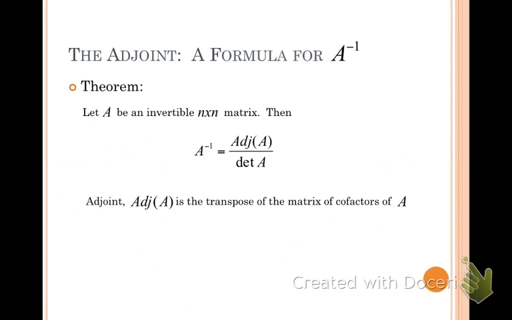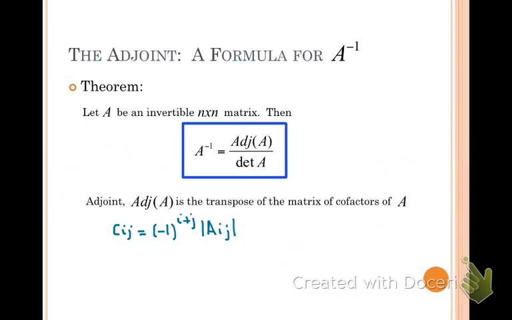Now we're going to investigate a method for finding the inverse of a matrix, again using determinants. The inverse of A, again A must be invertible, is the adjoint divided by the determinant of A. The adjoint is the transpose of the matrix of cofactors of A. So if you recall, the cofactors of A, which are known as Cij, contain the sign times the determinant of